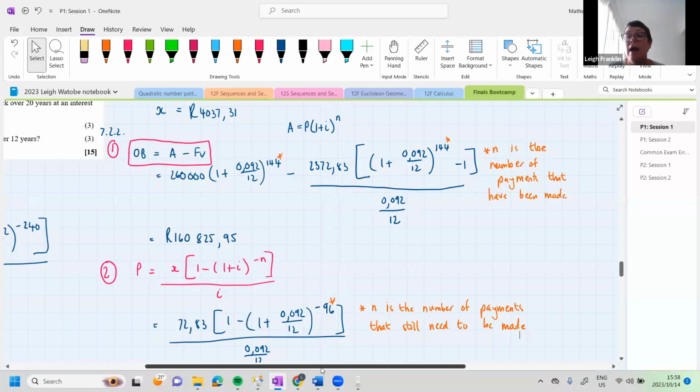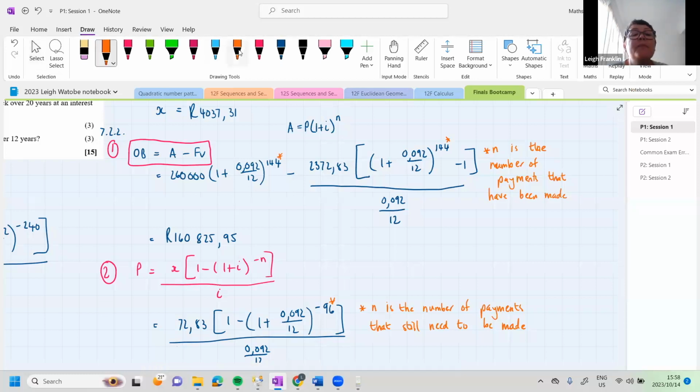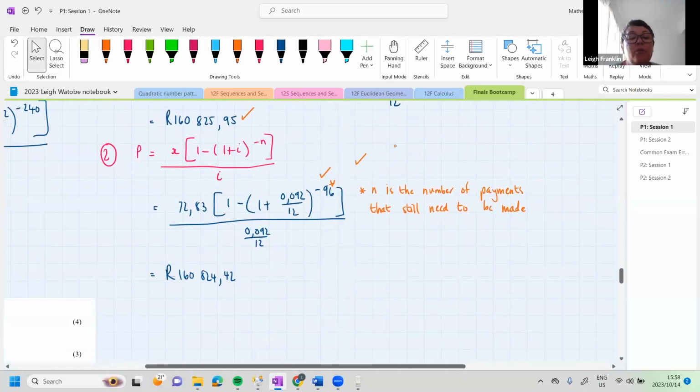All right, so your marks here, there's always a mark for subbing into the correct formula. There's going to be a mark in this case on the correct n value and then your answer. So here for formula, correct n and your answer. Okay. All right, so if there's no further questions on question 7,